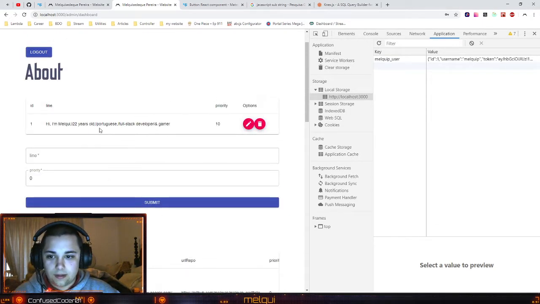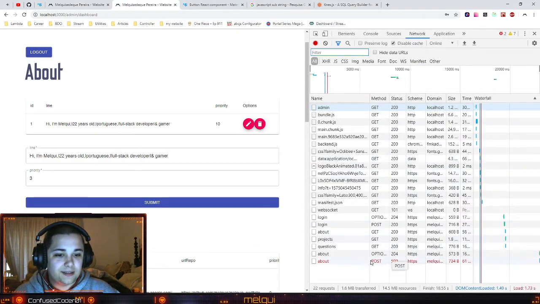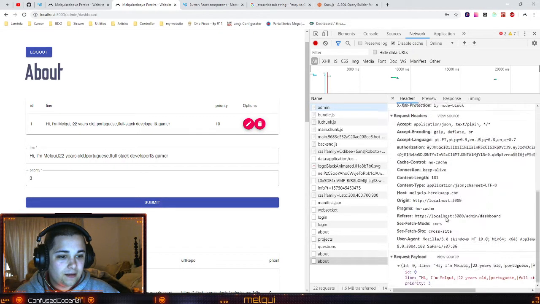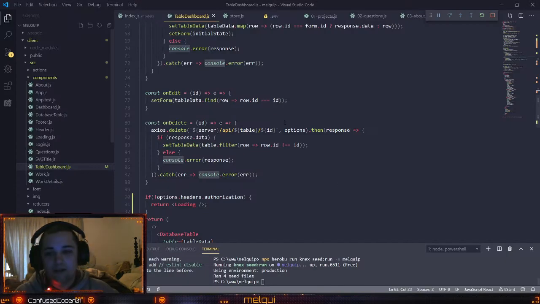So let's try deleting things. So I'll add this one, submit. Oh really? You see this? It stopped working. Duplicate key. What? ID duplicate key. Okay, so